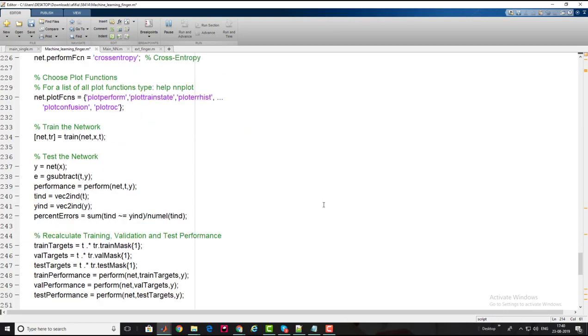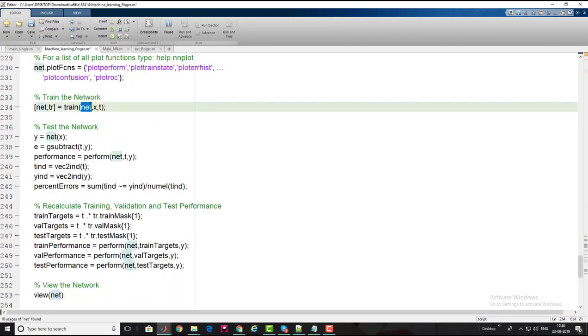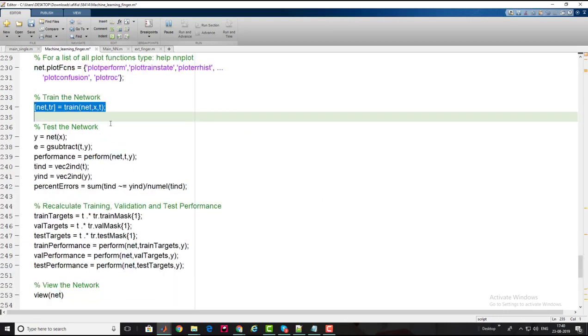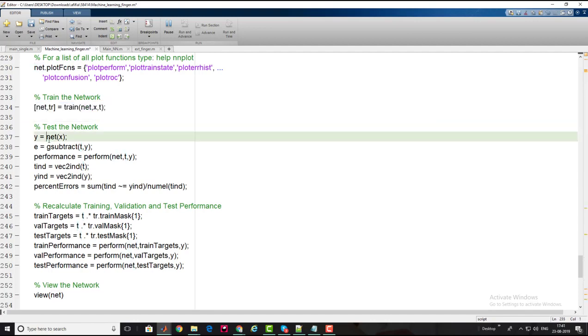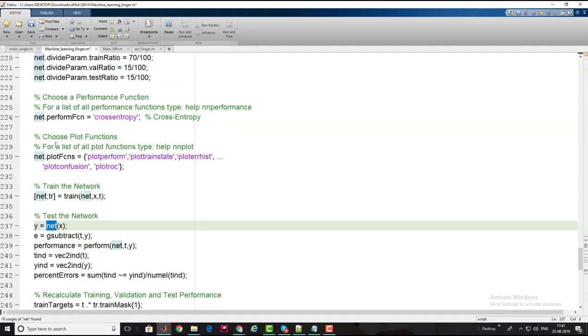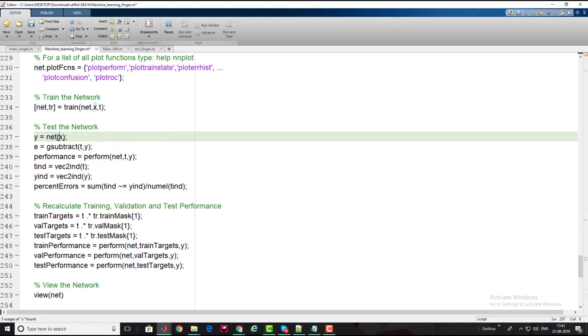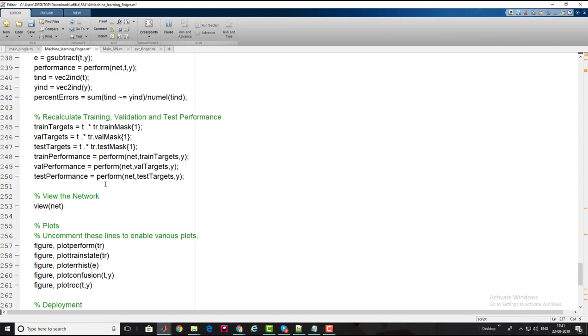For the optimization purpose. Okay guys, so once your network is designed, feed forward net being constructed, it's time to pass input feature and target vector to train your neural network. Okay, for testing purpose, as we have already split the net divide parameter, 15% data will be used for testing and 15% data for the validation purpose.